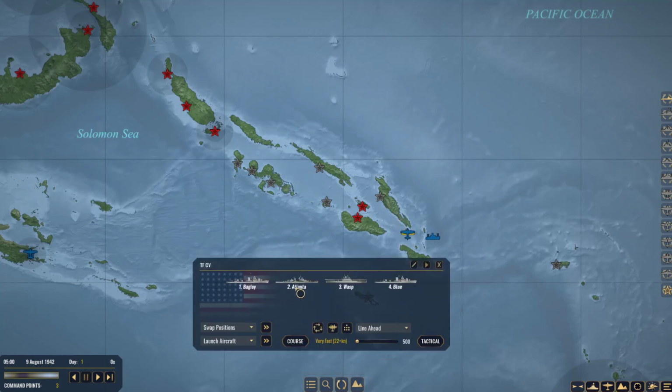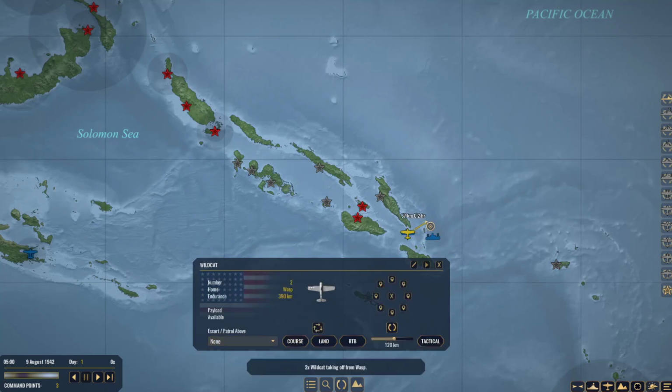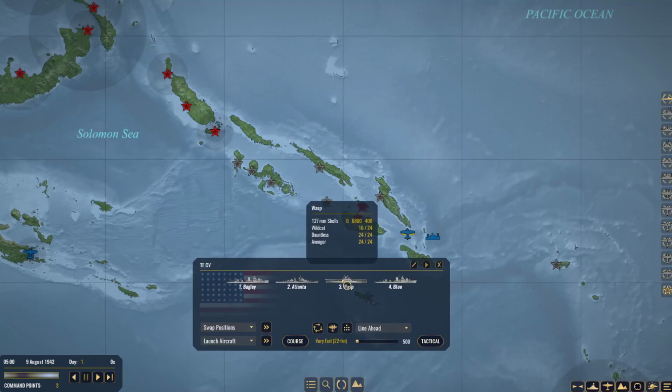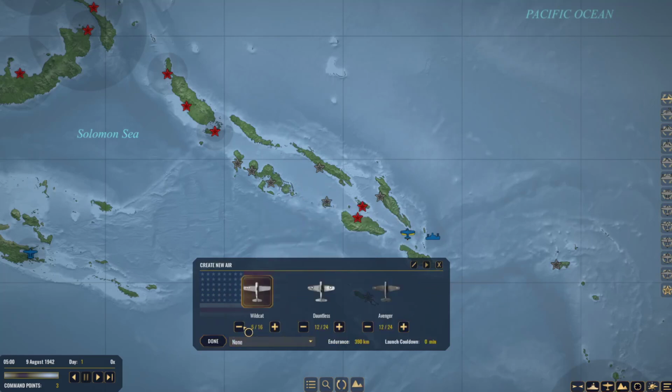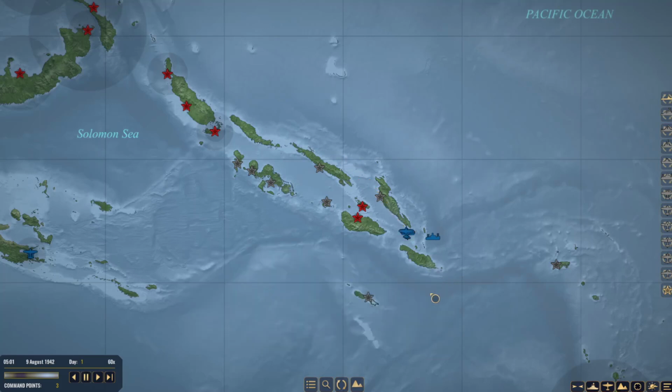So we should be able to launch another batch of Wildcats. We can. So we're going to do 2. We're going to course down. I want to see what's up the slot again. So we'll go here, and I'm just going to set him on a back and forth. Right, so all this is just for scouts. We're just looking to see what we can find, if we can find anything. Again, I'm going to come up to here and about there, and I'm going to put you on the same deal. Leaving a cap of about 10